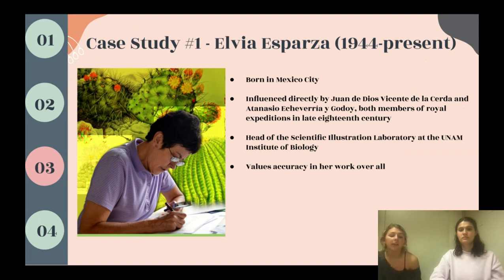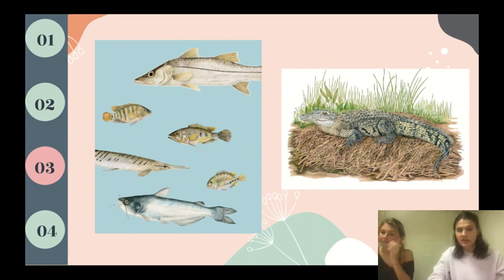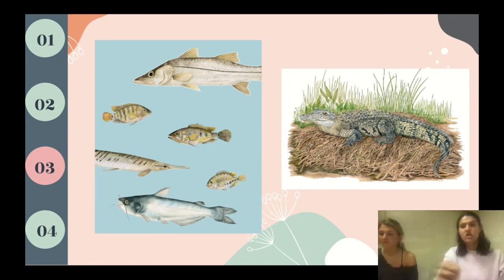She is now currently head of the Scientific Illustration Laboratory at the UNAM Institute of Biology, and in many of her articles she states that she values accuracy of her flora and her fauna overall. So we're going to look at four specific works of hers that demonstrate divergence and similarities with Hispanic Enlightenment ideals. The first thing we can see in both of these is symmetry,